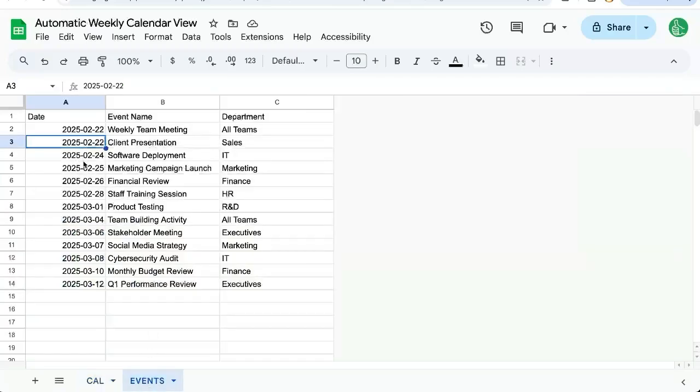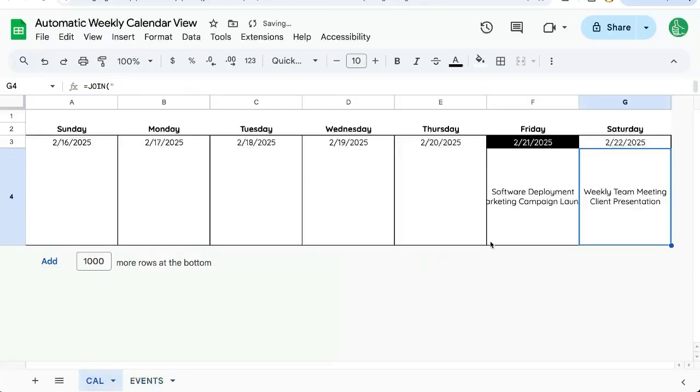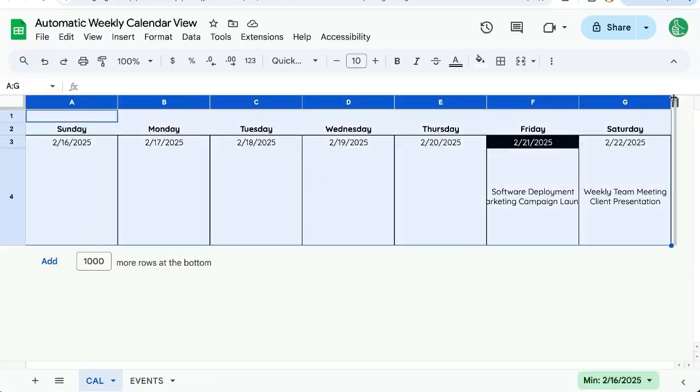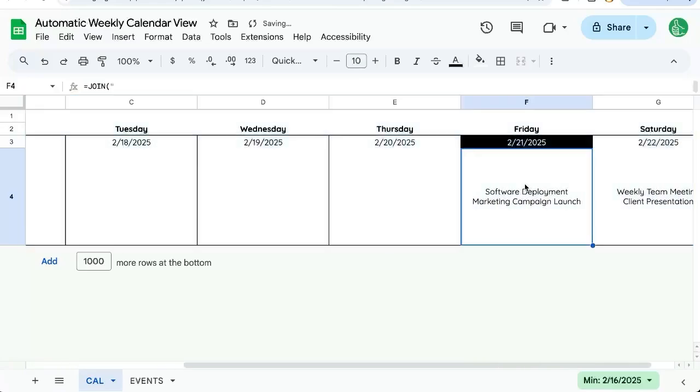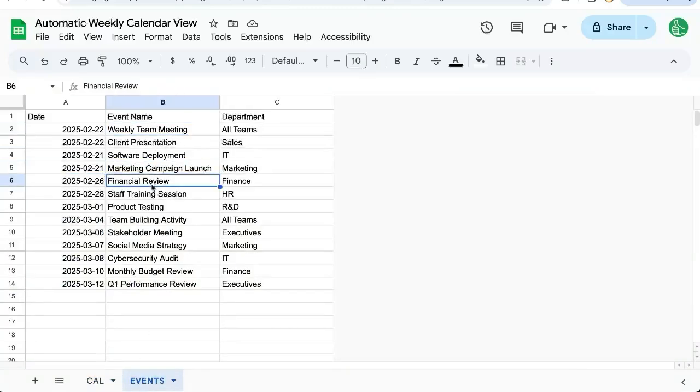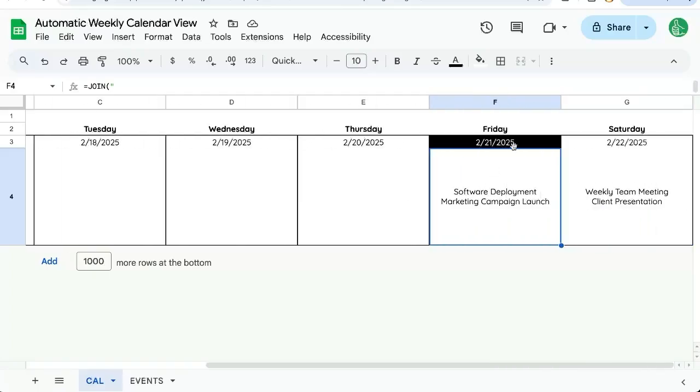If we have all these events on the 21st, let's change those to 21st. Go back, and automatically we have our events here. We could make this wider to accommodate wider text and more. There we go. So we see all of our events on this day. There's how to make a weekly calendar view that's automatic. Anytime we add events or change the event title here, it shows up on our weekly calendar. Pretty cool, right? And this little fun formula makes sure that whatever week we're on this week is shown here